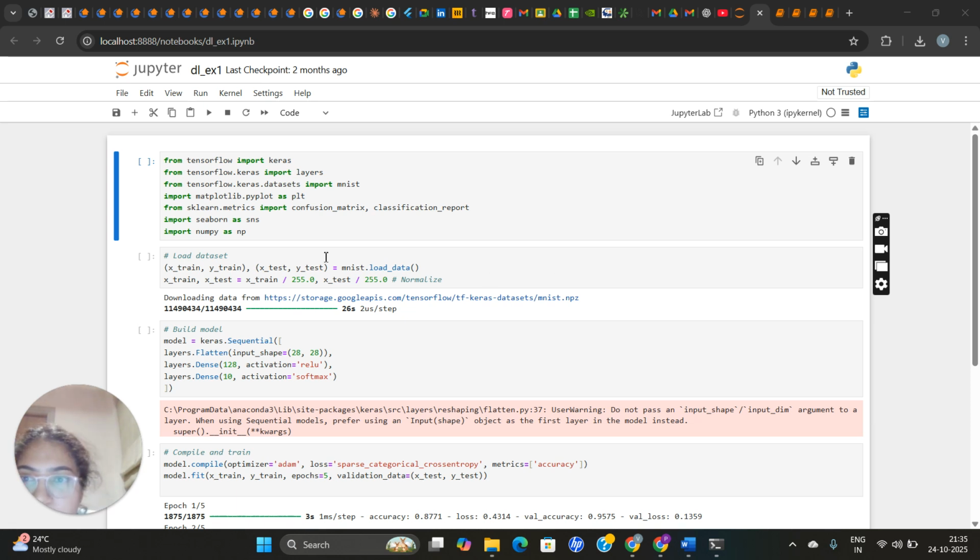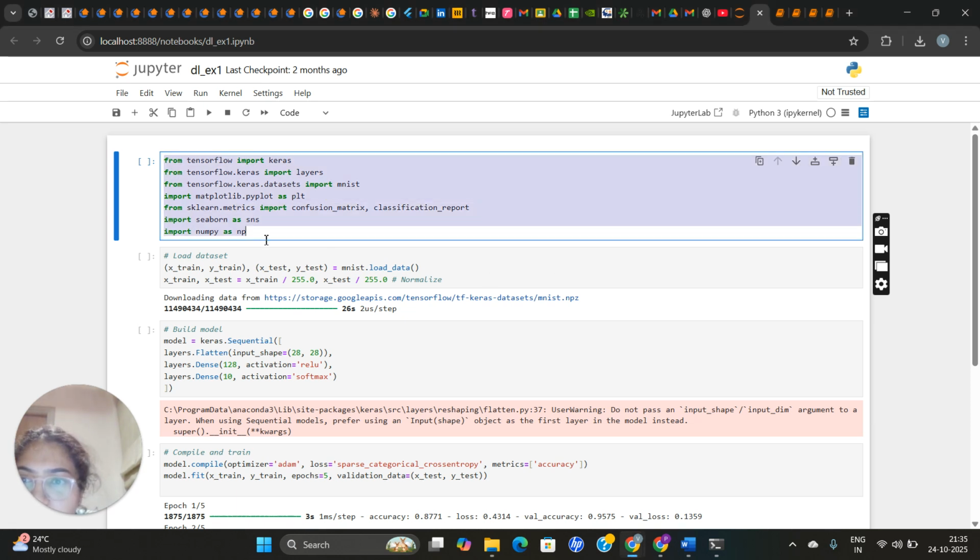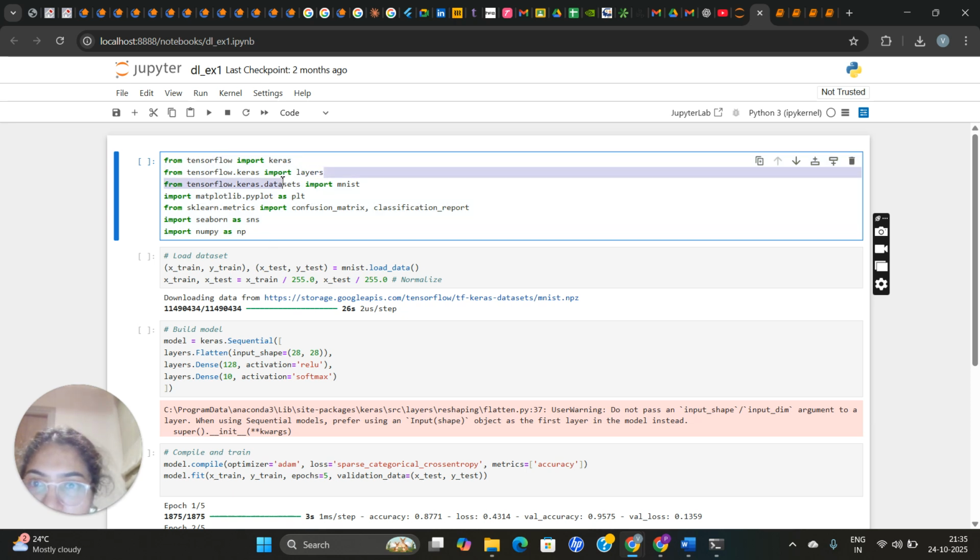So this is the code. Here we have imported some libraries. TensorFlow is the main library used for building and training neural networks, and layers. Here we have used layers, which contains neural network layers like Dense and Conv2D, and we have used models as well, for creating neural network models, Sequential or Functional API, and Matplotlib for plotting graphs. I have included two graphs in this.